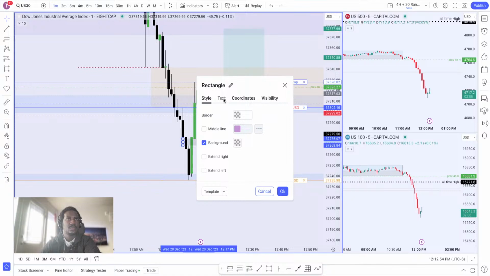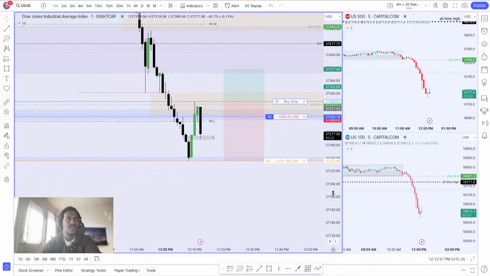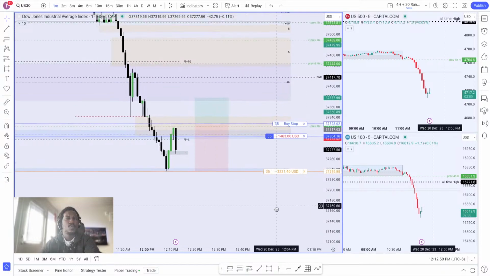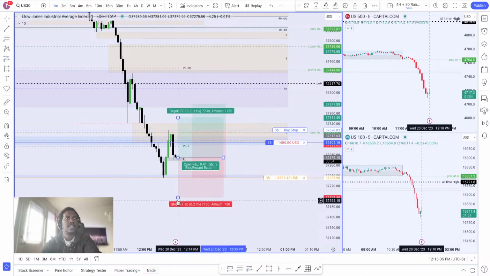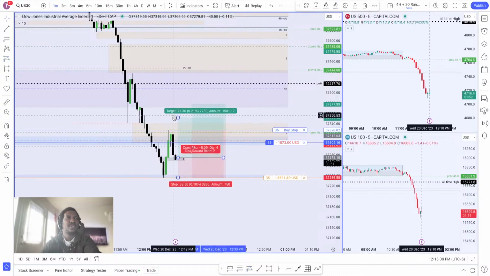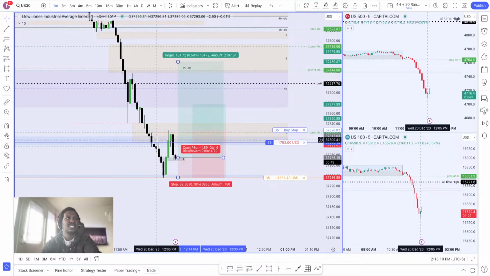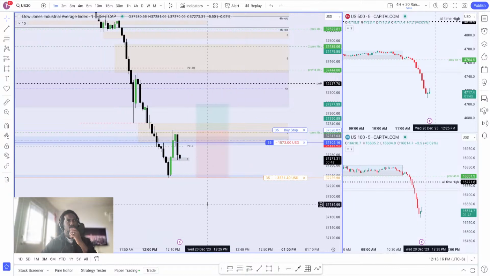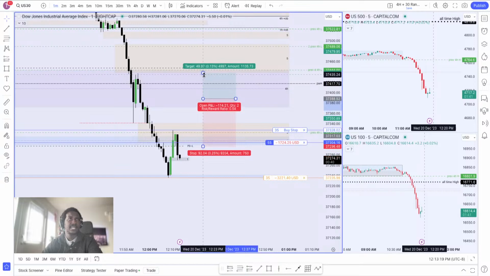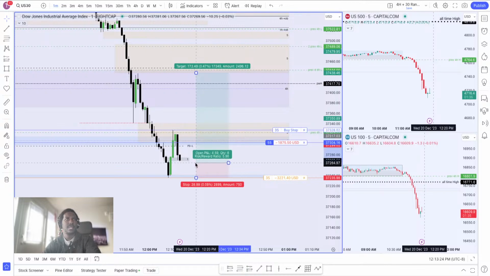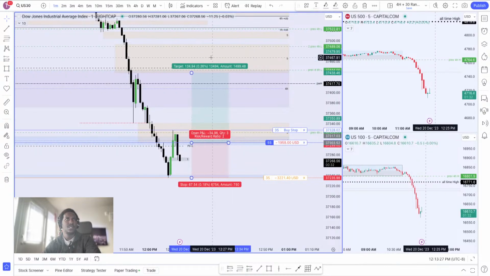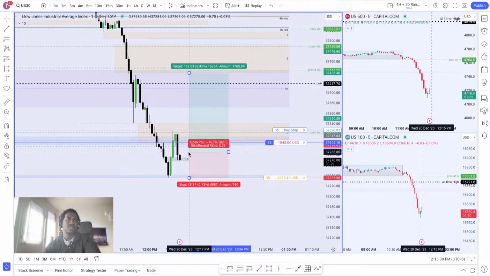This is on the 1 minute. So let's see. Before, that used to be my entry. So that right there would be my entry. But now I prefer buy stops, just in case we break above the high and never come back to that fair value gap. What you can get with that is a higher RR. For example, right now my entry is kind of here. To this level, that would be 1:2. But if I use that fair value gap, that would be like 4:1.